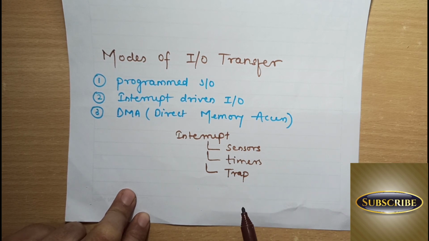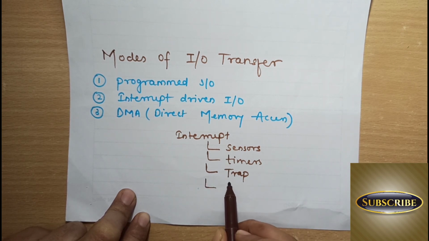And the hardware interrupts are like, as you all know, in process communication every process has its own process address space. So if one process is executing and it is interfering or trying to access the address space of another process, then there will be an interrupt. That is a hardware interrupt, okay, and that is known as a hardware trap. Okay?